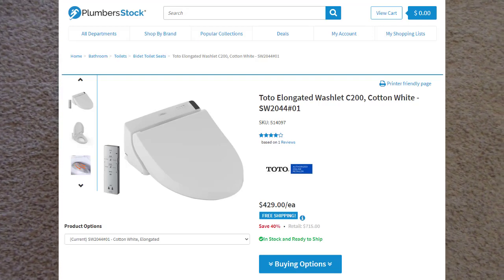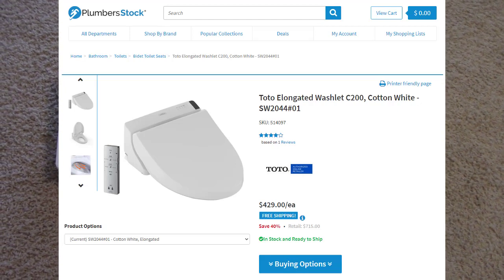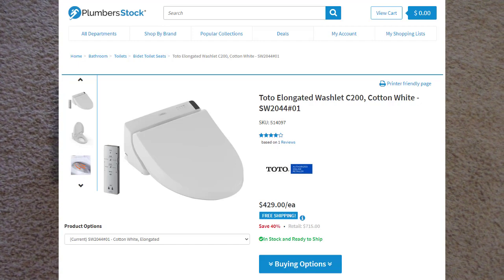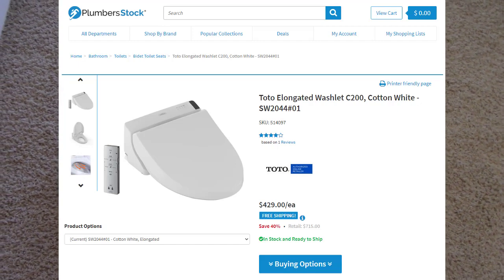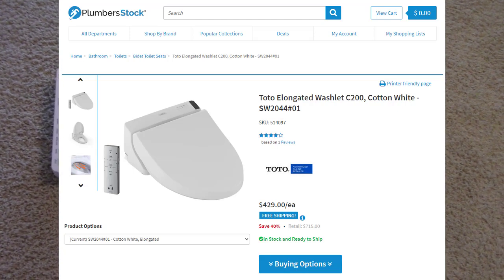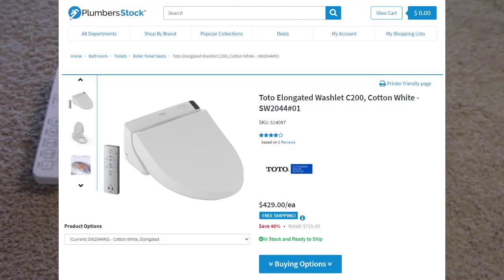So the reason why you might want to purchase the C200 is I know that one, my buddy has that one. It does have the heated seat, and I believe it's a lit seat, maybe has the nightlight seat too. It also has, more importantly, the wireless remote. So one thing to consider if you're going to consider this product here